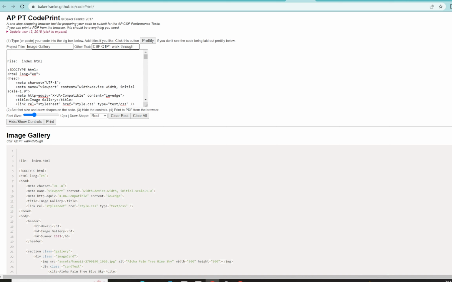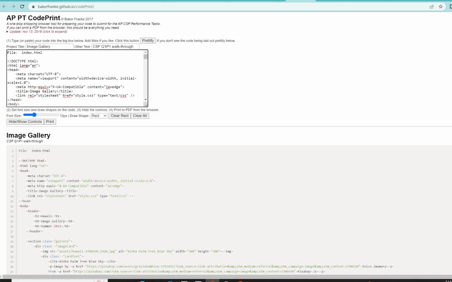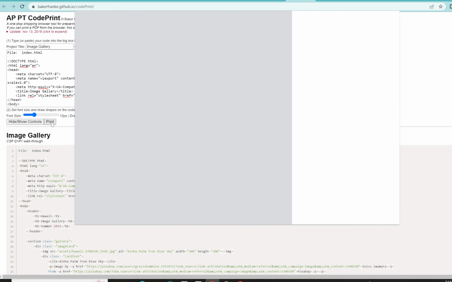So actually I jumped the gun here. Let me delete those 2 lines. And now notice it gives us a nice title at the top. If we go to print, what you want to do here is print to a PDF. So if we save this to your Chromebook, after the preview loads,